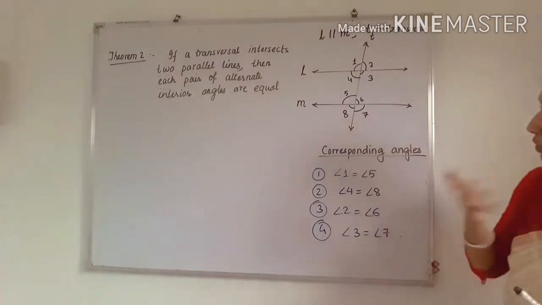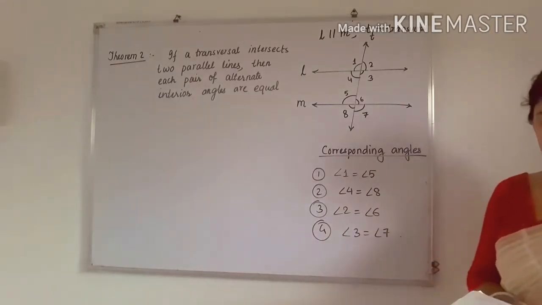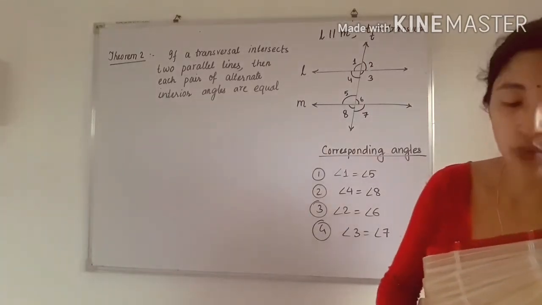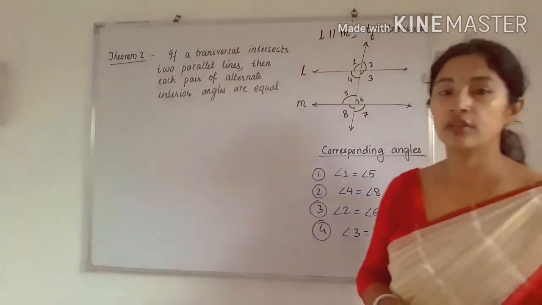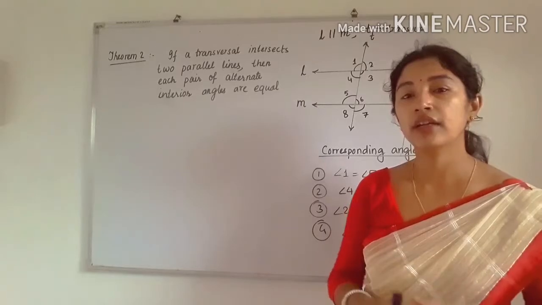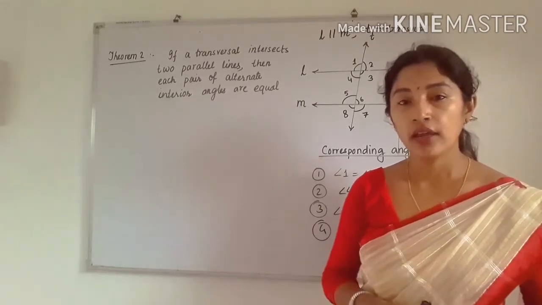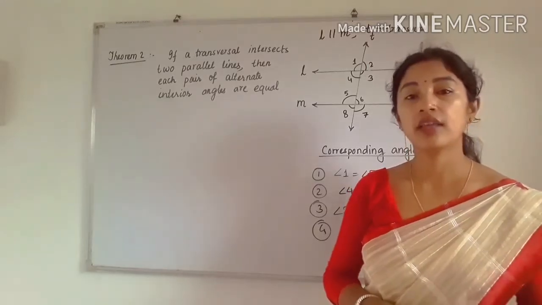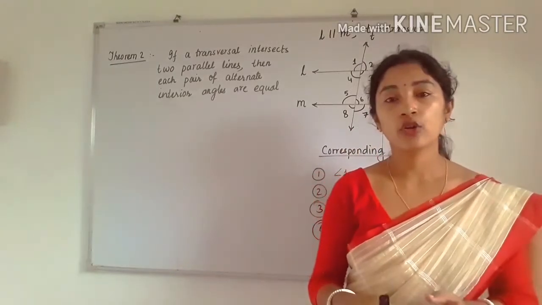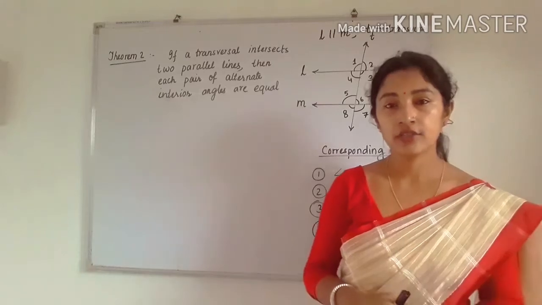Okay, so these are the corresponding angles which are the same. Similarly, in axiom 6.4, what is written? See, if a transversal intersects two lines such that a pair of corresponding angles is equal, then the two lines are parallel to each other. That means it is exactly the converse of axiom 6.3. In 6.3 it is written that if two lines are parallel, then the corresponding angles will be equal, and in axiom 6.4 it is written that if corresponding angles are equal, then we can say automatically the lines will be what? Parallel. Okay, which is exactly the converse of axiom 6.3.